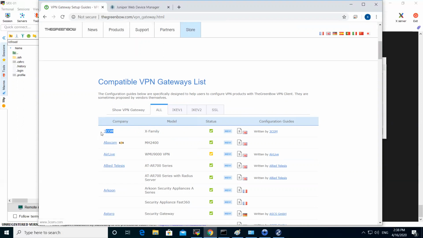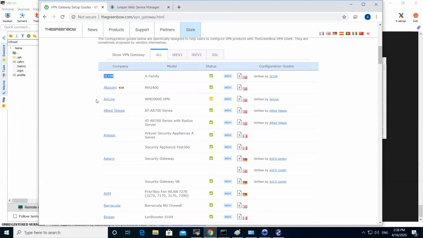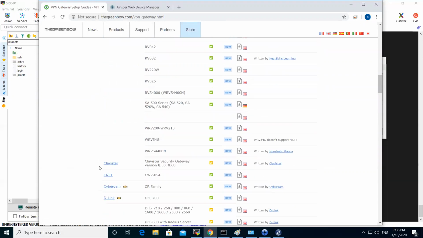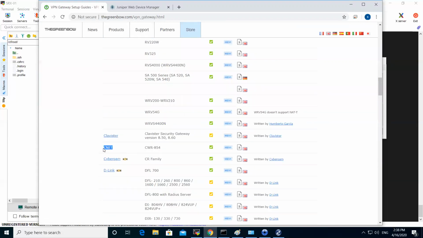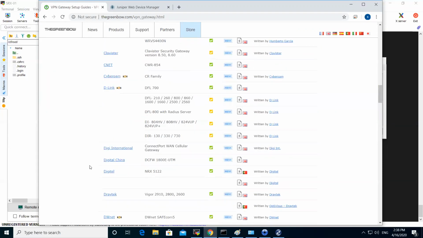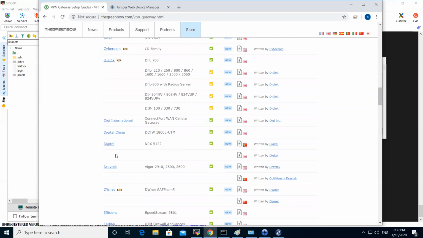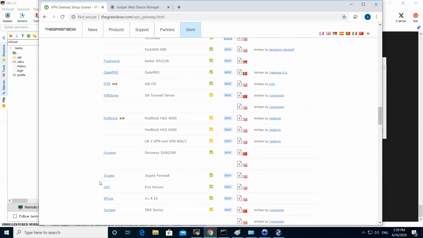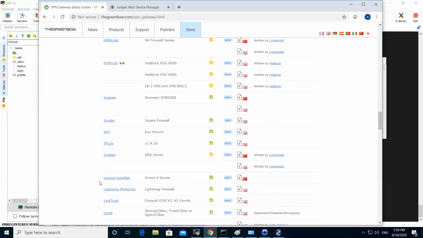So obviously they have listed most of the networking giants, Check Point, Barracuda Firewall, Cisco, Cyberoam, D-Link, SOHO, Juniper devices, SRX,